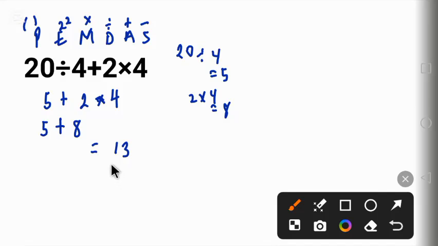The common mistake people make in this kind of equation is that they don't follow the order of operations. That is, they will just go from left to right. They solve division and they solve addition. Whereas according to order of operations,